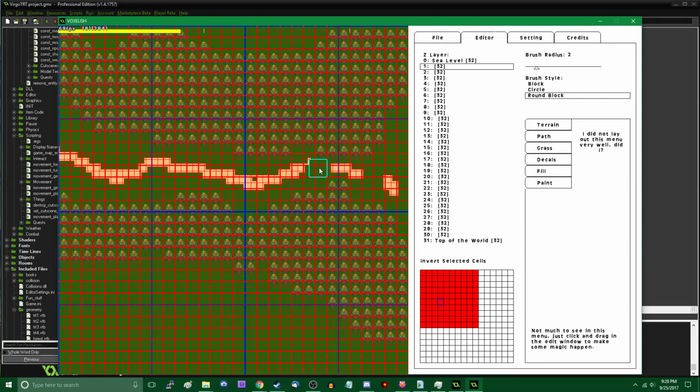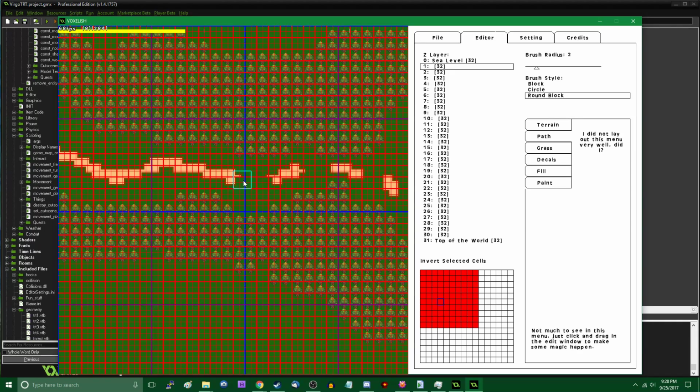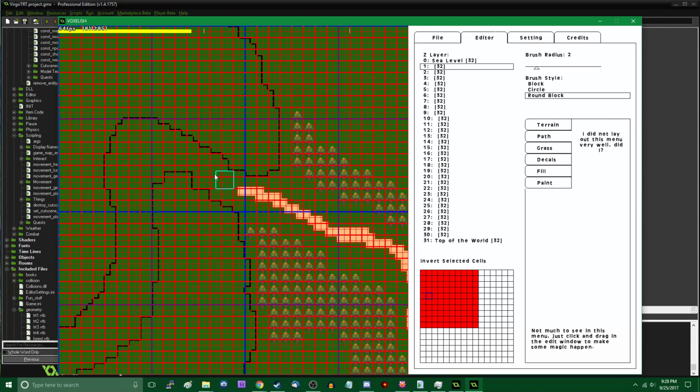Alright. Let's break this up a little bit. Then again, I said if it's broken up like that, it has an older, more rundown look to it. And if it's together like this, it has a more upkept look. And I kind of want to keep that consistent. So let's